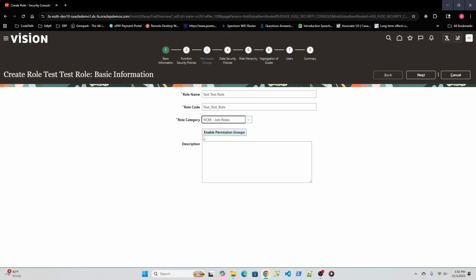You can enable the permission groups if you have groups that are already created. I'm not gonna do that, I don't have any groups. You can have a description in here, test. I'm just gonna call it test role, and you click next. What I said the first time, this is the hard way, because